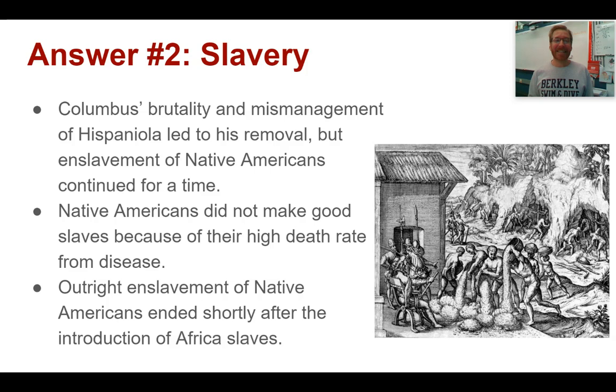Now, Native Americans did not make good slaves. There were several reasons why Native Americans didn't make great slaves, but the big, most important one is this high death rate from disease. Native Americans were more susceptible to disease to begin with, and once enslaved, they have close confines, hard labor, not a great diet, much more likely to die from disease. So Native Americans simply didn't make good slaves. So this will taper off and eventually mostly end in terms of outright slavery once African slaves are introduced to